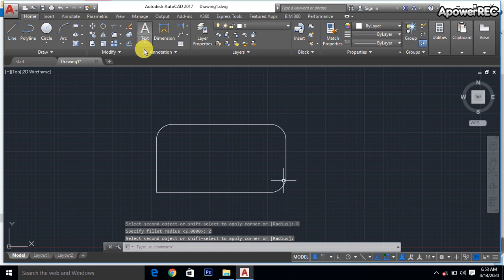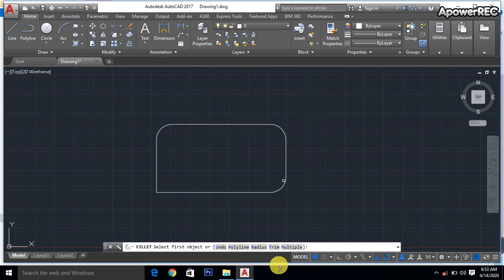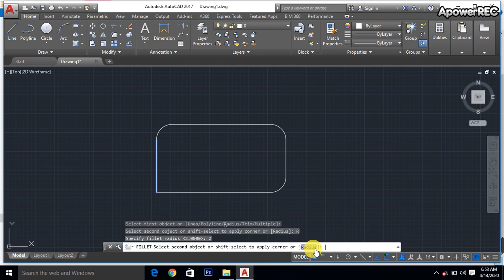Okay, again select it and one click is here, then select the radius to 2 inch. Another click is